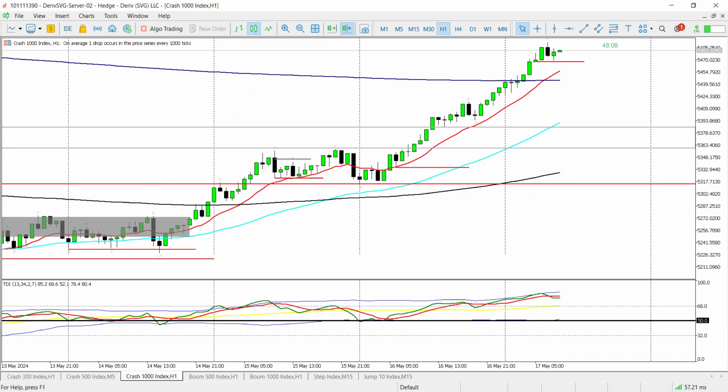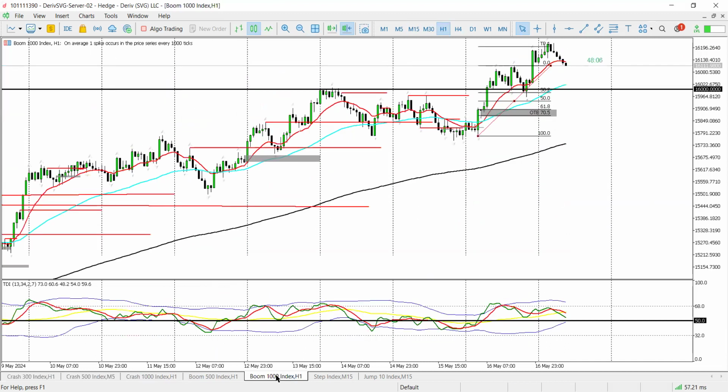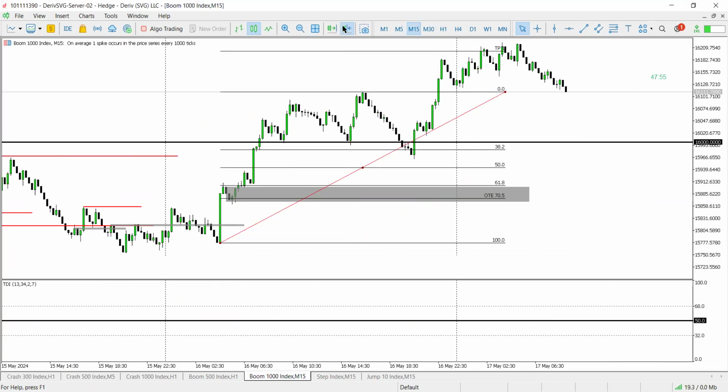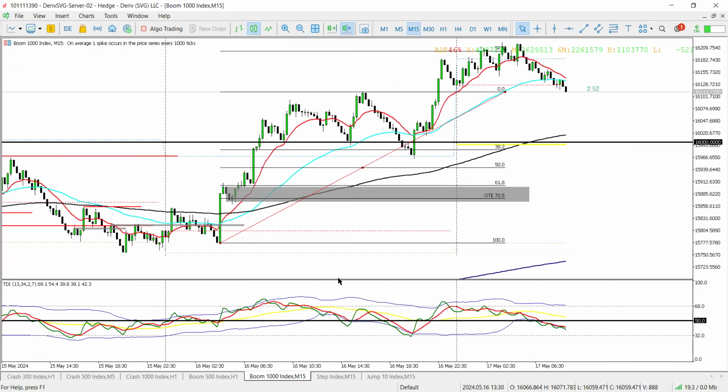So C5, C1, B5, we spoke about it. B1000, we had a nice buy. I didn't share this trade yesterday because I felt like I had shared a lot of setups, so I ended up not sharing this trade. There was another late night trade. I remember we had missed